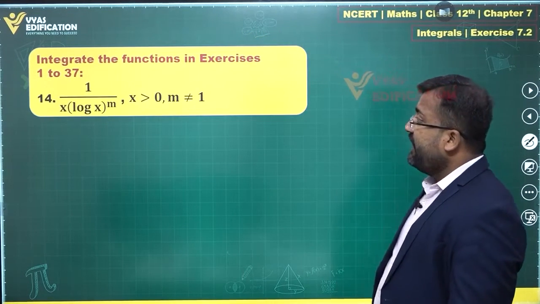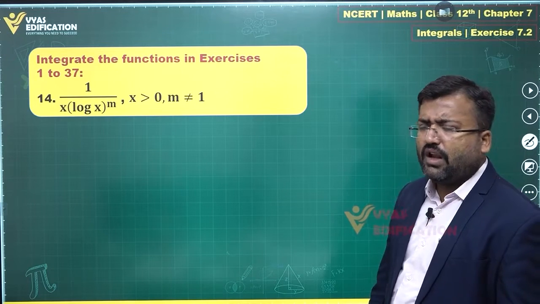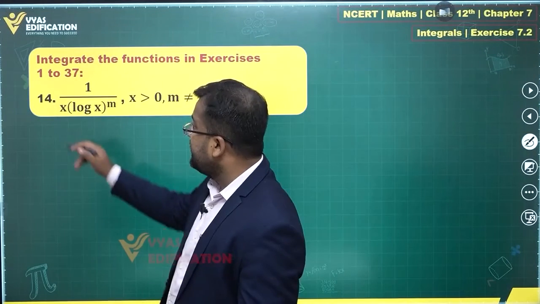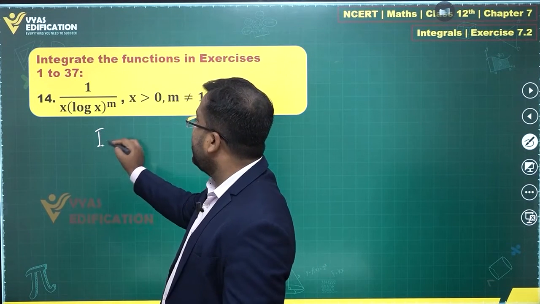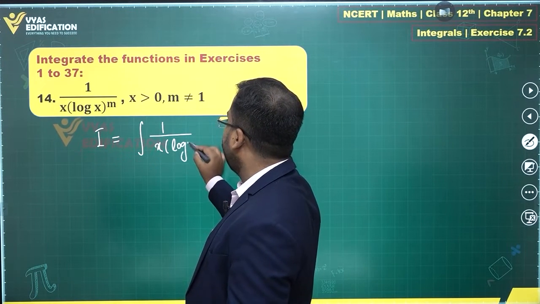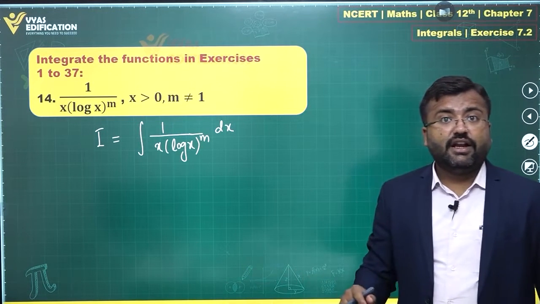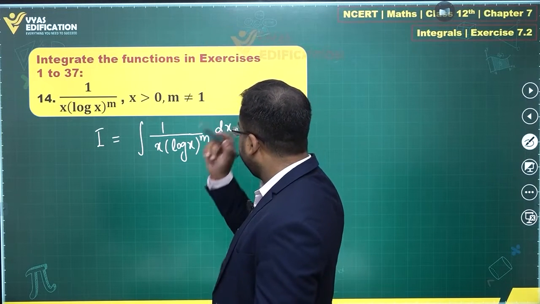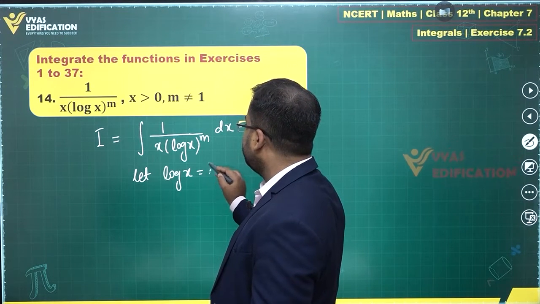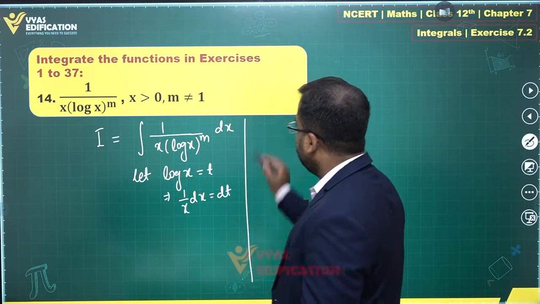In the 14th question, we have x times log x power m in the denominator. X is greater than 0 and m is not equal to 1. Okay, if that is the case, then where does that take us? Now the derivative of log x is simply available over there, right? So I begin with I is equal to integral of 1 upon x log x power m dx. This is what I begin with, right? And what else? If I can substitute log x equals t, that tells me that 1 upon x dx will be equal to dt, and therefore this integral will convert into